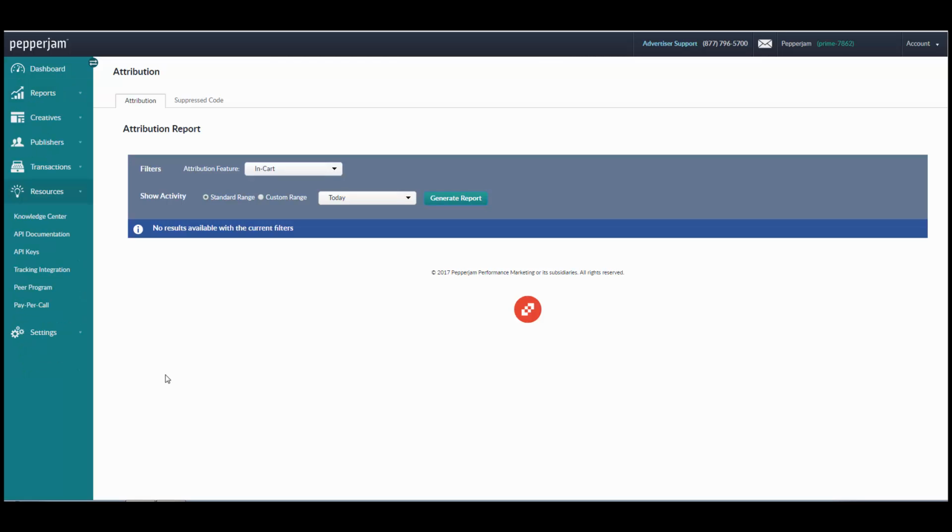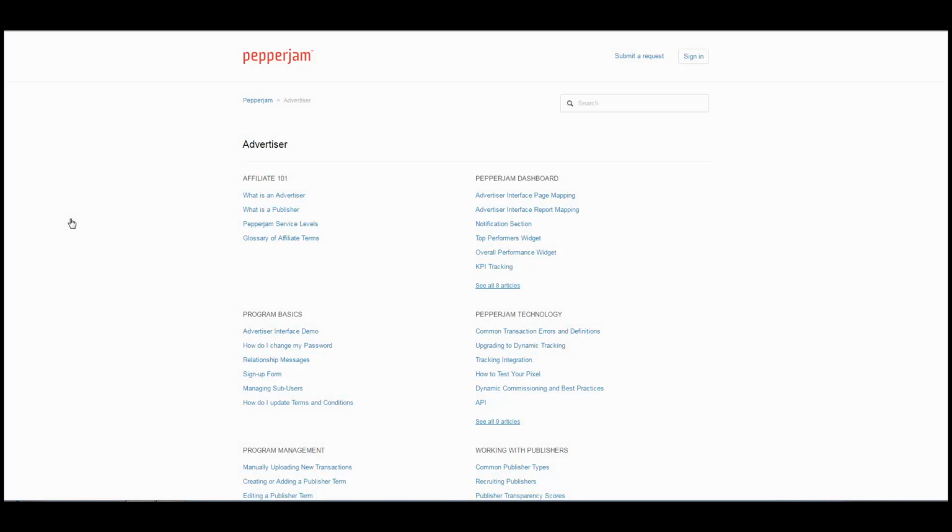And lastly, I wanted to point out that under the Resources tab, you'll see a number of different options here in terms of technical documentation like API, tracking integration. And you'll also see our Knowledge Center. The Knowledge Center has a lot of best practices, walkthroughs, different how-tos, as well as how-to videos. So be sure to check that out as a reference for any of the pages that you might want to access on Pepperjam. But you can always feel free to reach out to the Advertiser support team if you have any